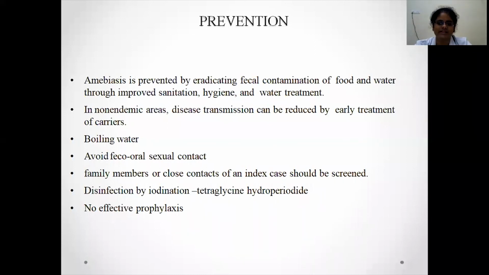Usually the majority of these patients go unnoticed. It is a self-limiting disease, and one of the important tests for diagnosis is the string test. That is, the patient ingests a string overnight, and the next day it is extracted and shows motile, flagellated trophozoites, which are specific for Giardia. The other ones are Microsporidium, Isospora, and Cryptosporidium. Usually these are all self-limiting diseases, but in an immunocompromised patient, they will cause severe disease.